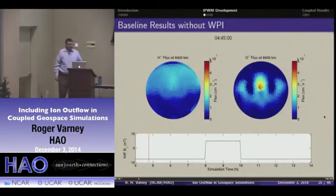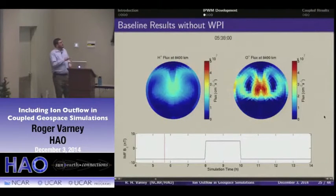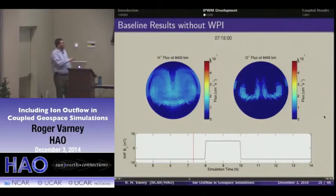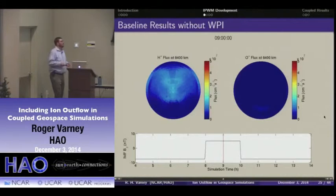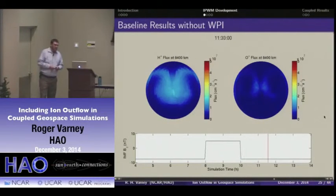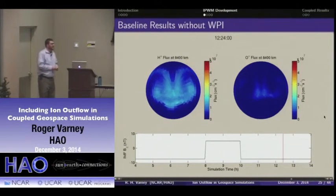Right. During the first southward turning, you see a lot more O+ outflow than you see during the second. And that's because this 2 hours of north is not nearly long enough for the topside ionosphere to recover from that first southward turning. So yes, the topside ionosphere should exhibit large amounts of memory, should exhibit hysteresis, and we can start to actually probe what that is doing, and ask,